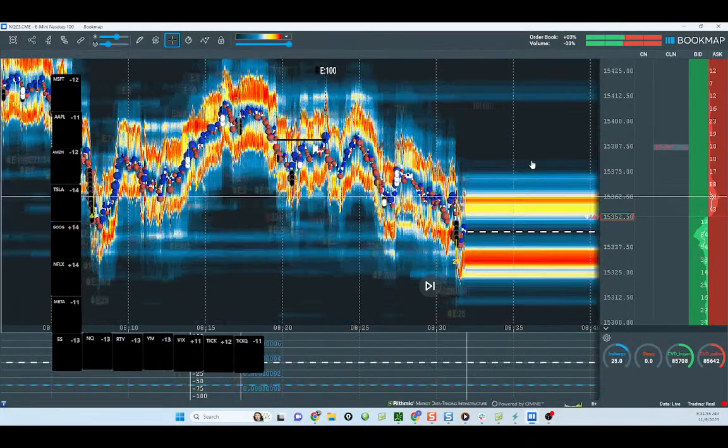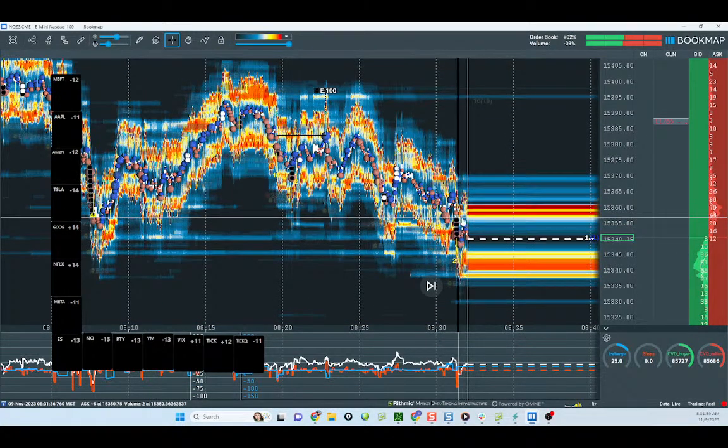So this is another thing you want to watch. This is the sweeps indicator on Bookmap. You get this with Global Plus. If you get Bookmap,